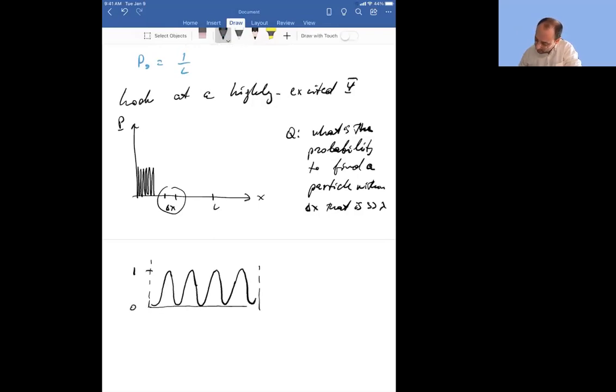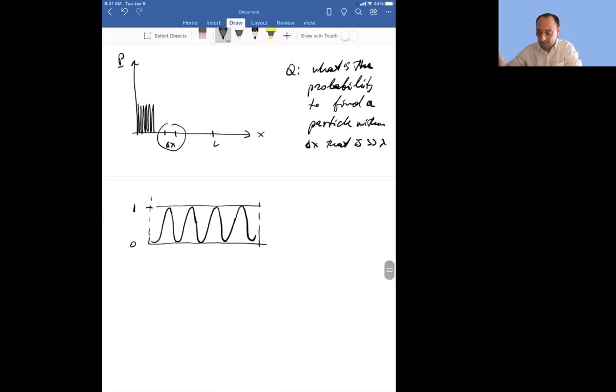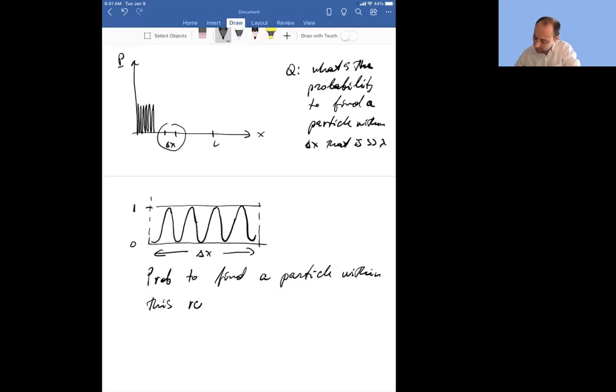So this is 0, this is 1. So the probability to find, this is my delta x. It's a big delta x in comparison to the wavelength. Find a particle within this region is,